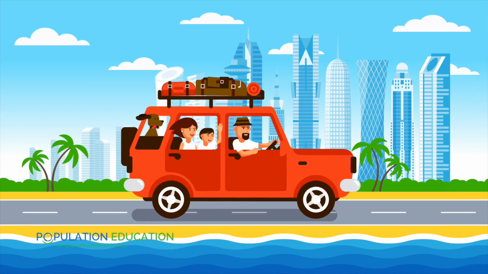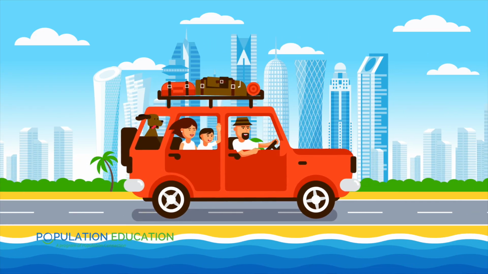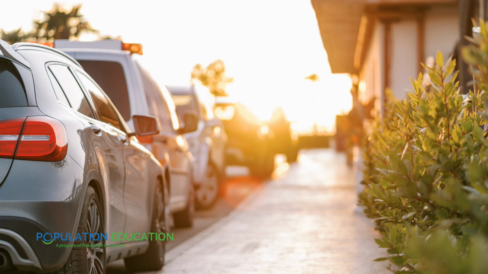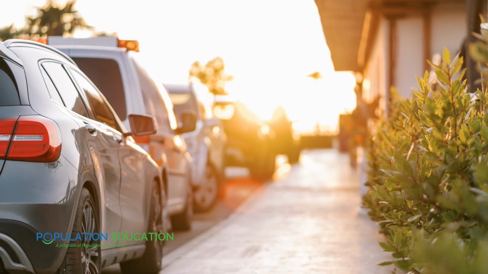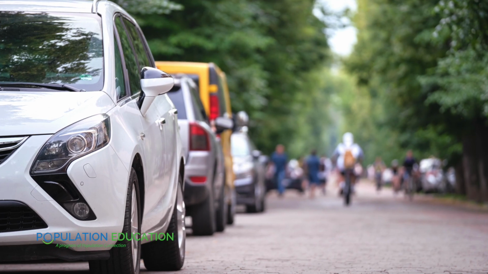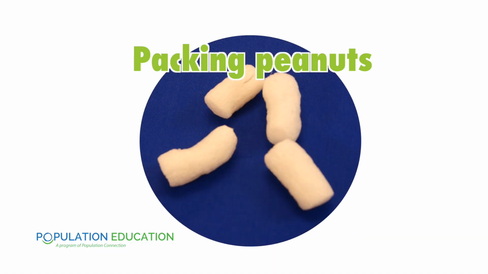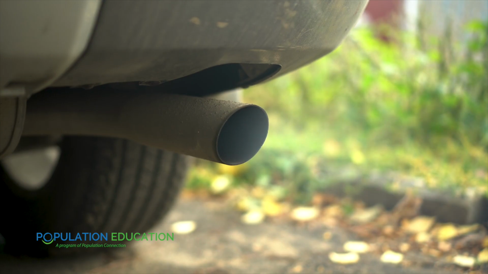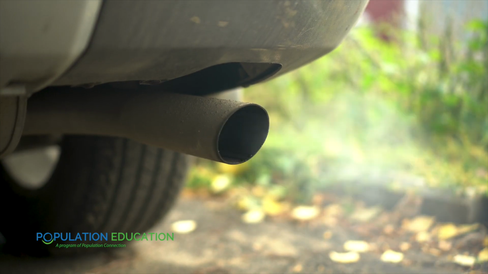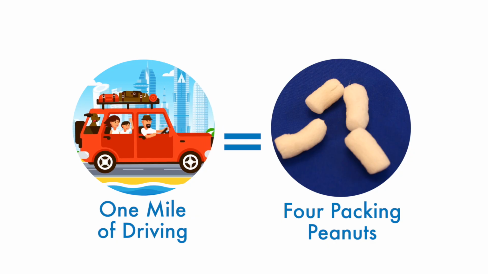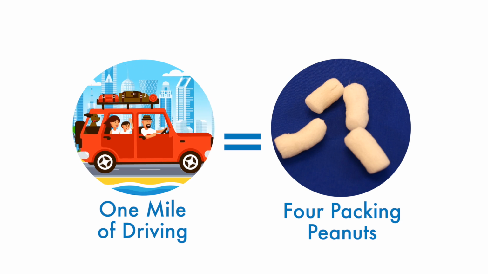Like I mentioned, we start with some context on CO2 emissions. Students complete word problems about how much CO2 is released from driving cars, and more specifically, the driving done to get an imaginary class of students to school. You are going to use packing peanuts to represent the carbon dioxide released from driving. In the word problems, students will assume that driving 1 mile releases 4 packing peanuts worth of CO2.